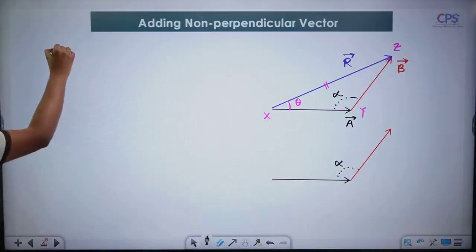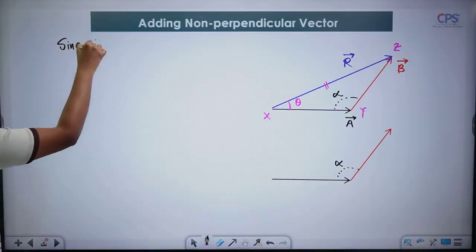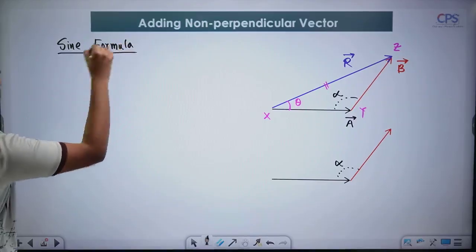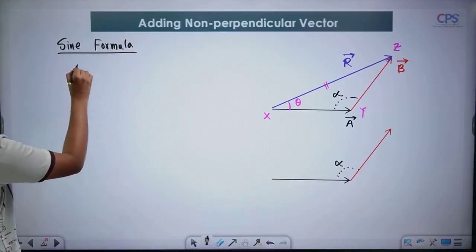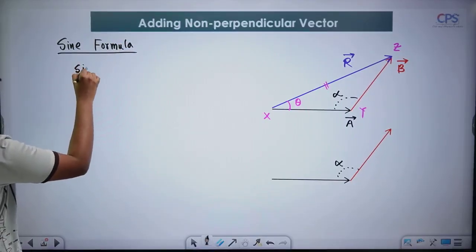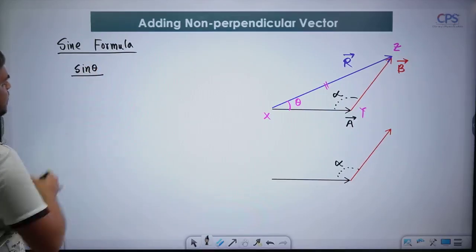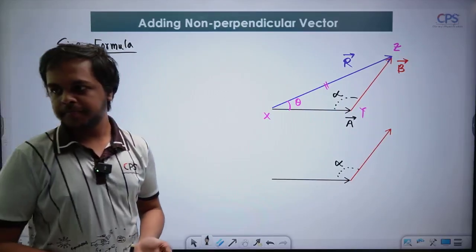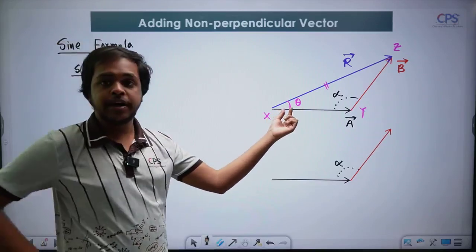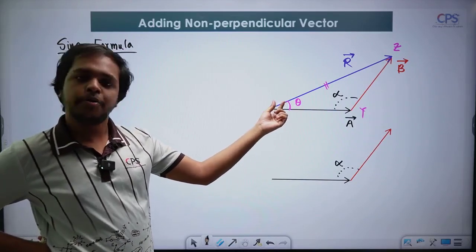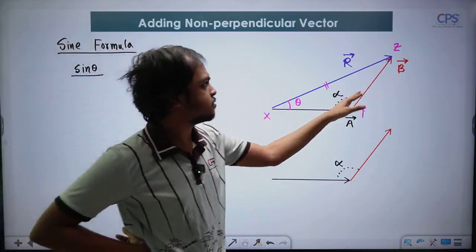So for the sine formula, you have to remember that if you take any angle's sine, you have to divide it by the opposite arm. So when you are taking sine of theta here, you have to divide it by the opposite arm. The opposite arm is this one,